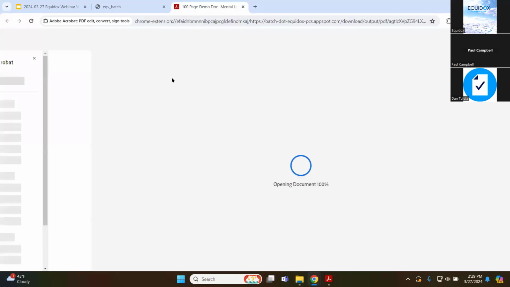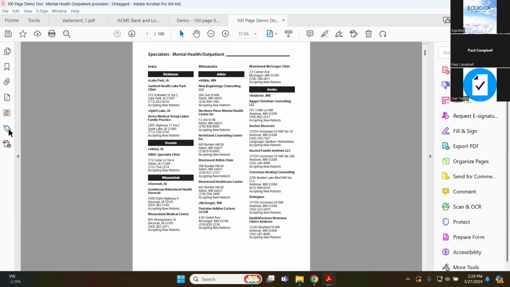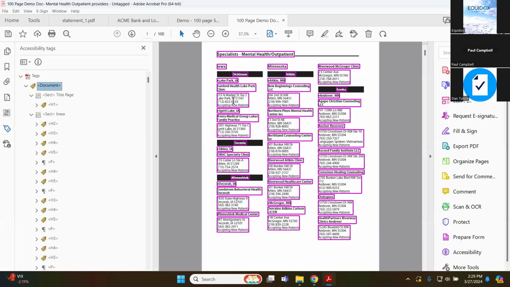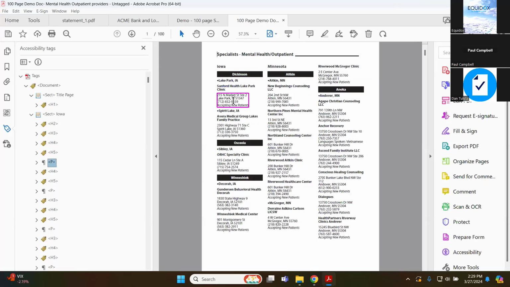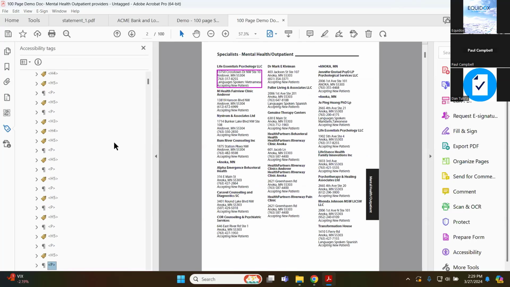So if I open up this document now, and again, I'll open it up in Adobe Acrobat, we remember that the original was not tagged at all, but I just wanted to show you that this one is properly tagged. When you open up the tag structure, you can see that all of these different elements are accounted for, and they're accounted for in the accurate way, which is critical because this is an extremely difficult document to use if you're blind and these elements are not tagged correctly. Just imagine if it reads left to right across the 3 columns. You would have no idea what any of these doctors are, where they're located. It would be impossible to use this. So that's what Equidox solves for.